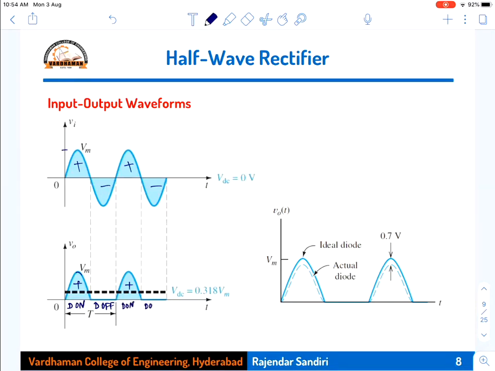Again the diode will be off, and so on. It will be like this. So in all positive cycles the diode is on. In all negative cycles the diode is off. Off means the voltage will be 0 and current is also 0, therefore we are not representing any waveform. Whereas on means output and input both are the same, therefore I am representing the output as the same as the input.